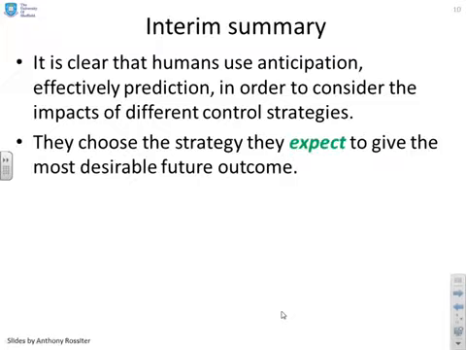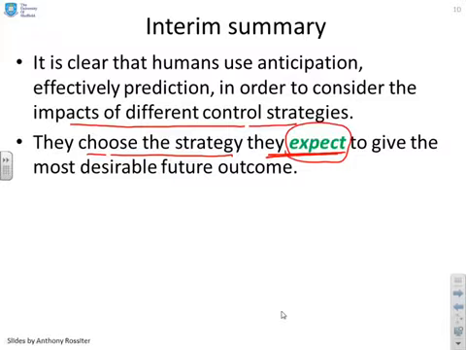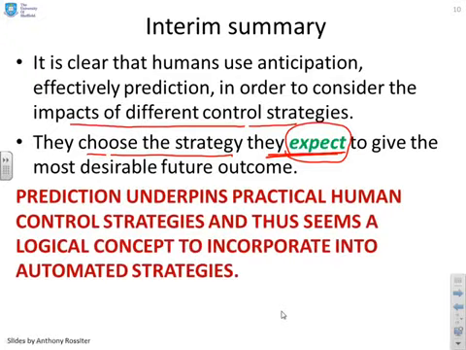So, an interim summary for you. It's clear that humans use anticipation, or prediction if you prefer that word, in order to consider the impacts of different control strategies. And we choose the strategy that we expect, and that's an important word, expect, we can't guarantee, to give the most desirable future outcome. And therefore, prediction underpins practical human control strategies,